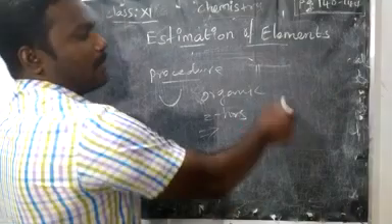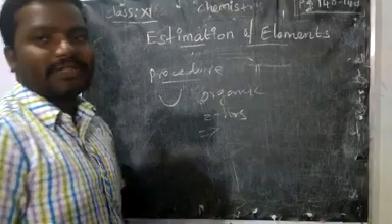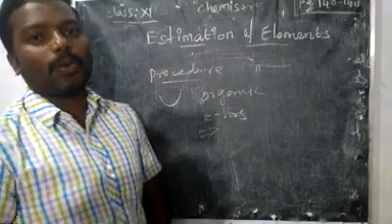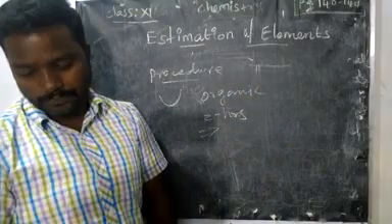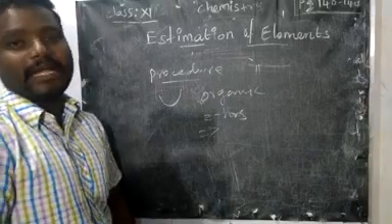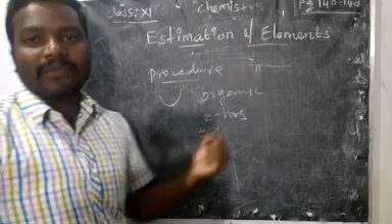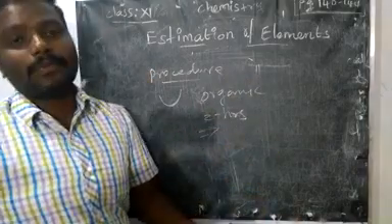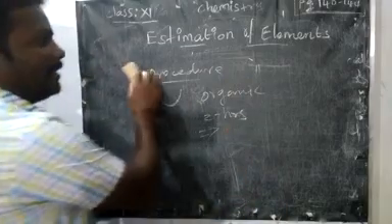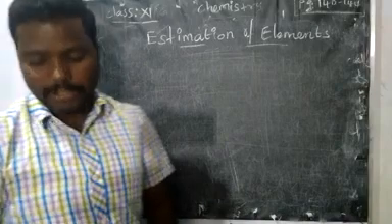Then it will be absorbed with H2SO4, right? Moisture will be absorbed with H2SO4. Carbon dioxide will be absorbed with KOH, potassium hydroxide. Now we know how much H2SO4 we initially took, and after absorbing the water it will increase in mass. Based on the difference in the mass, we can calculate the carbon and hydrogen percentage in that organic compound.